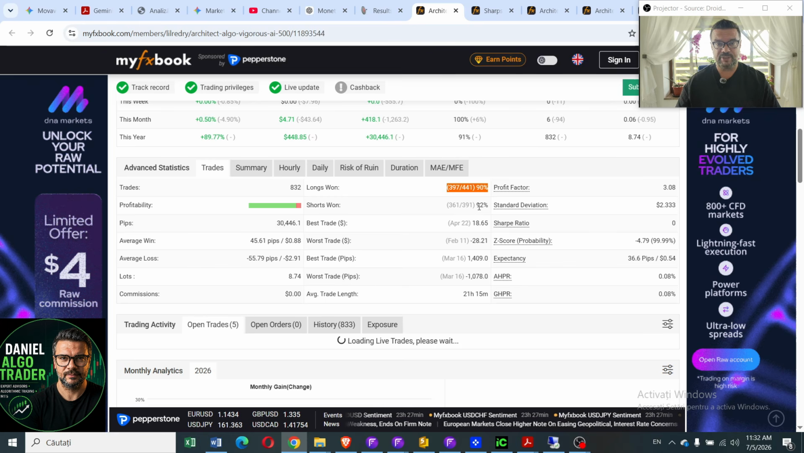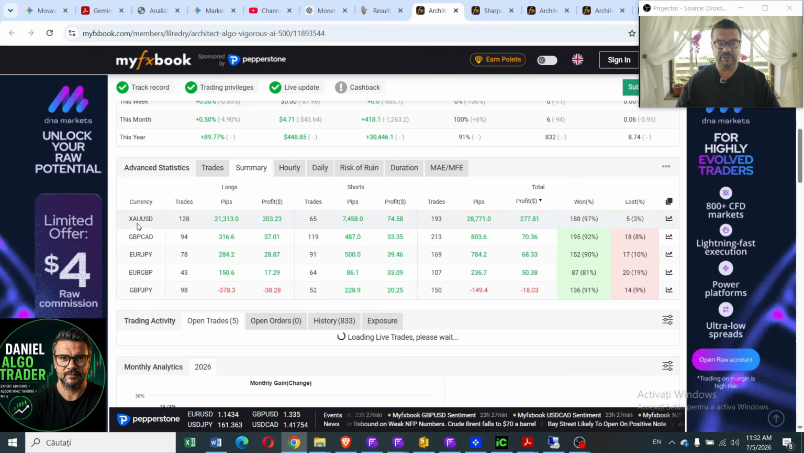Longs one, 90%, shorts one, 92%. The profit factor is 3.08, and the average trade length is 21 hours. And if I look at the summary, it trades aggressively on gold USD, which is by far the most profitable pair, but also on the pound, Canadian dollar, the euro, Japanese yen, and the euro pound, with the pound Japanese